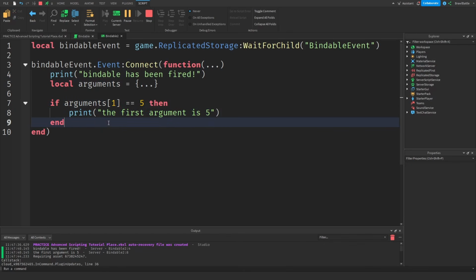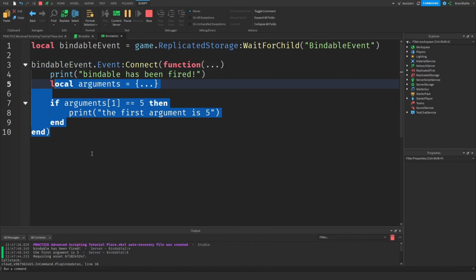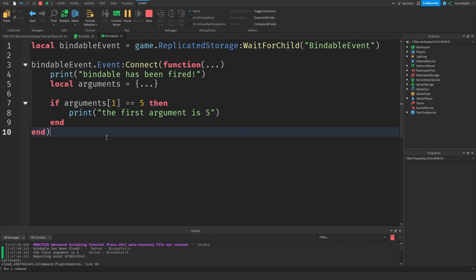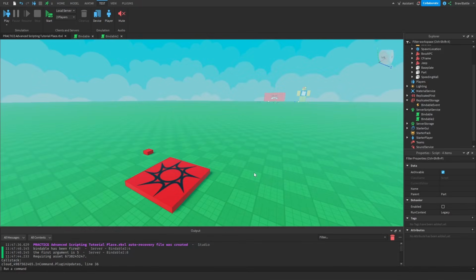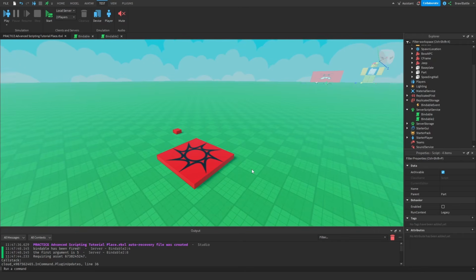And so this is very important for argument checking if, let's say, we're passing multiple different arguments at once and catching them all inside of these different scripts. So now that we've dealt with bindable events, I'm going to show you how to use bindable functions, which I guess we can call the last of the big 4, which are remote events, remote functions, bindable events, and